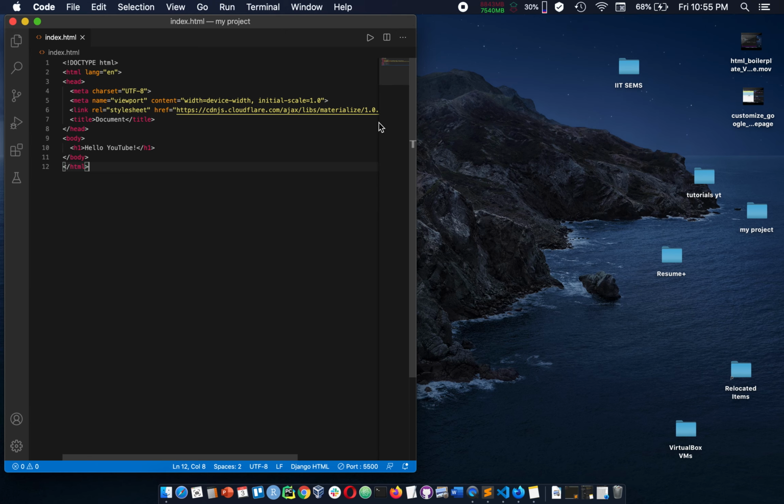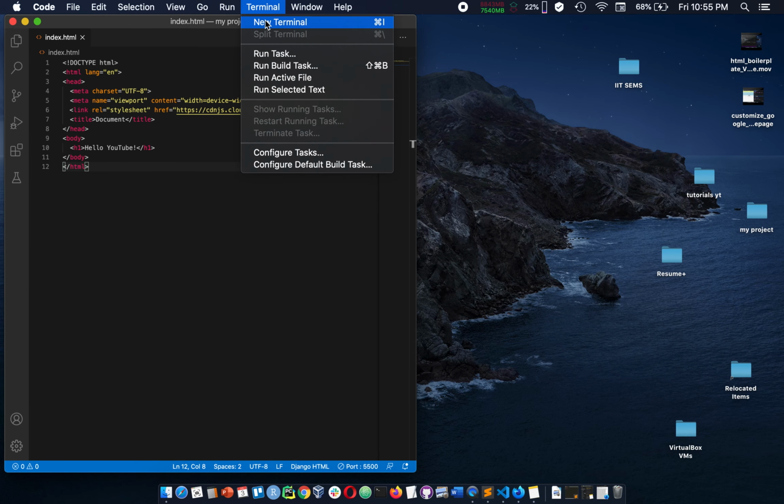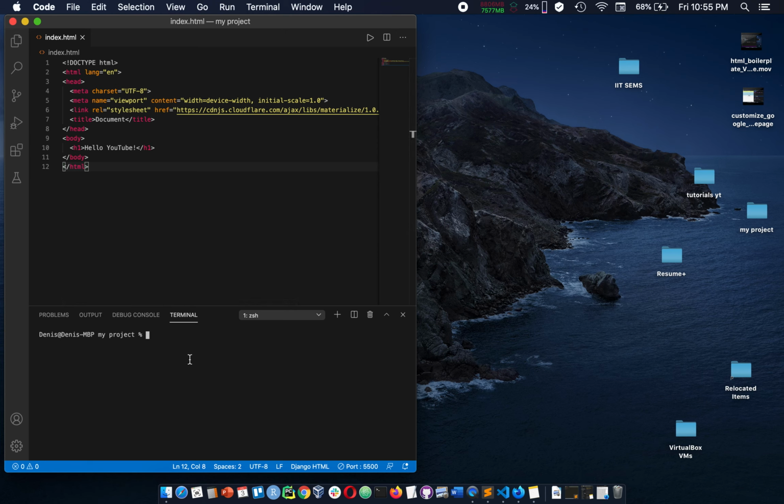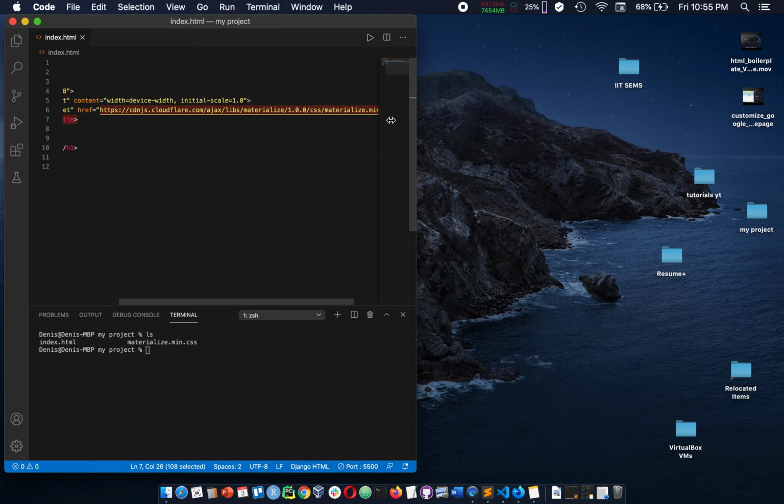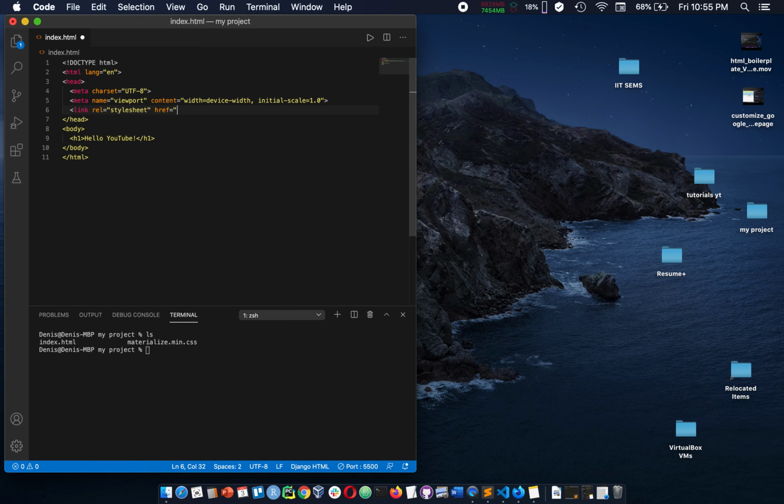Now in VS Code, what you can also do is go to terminal, new terminal, and in here we can just type an ls command, and we can see in our current directory we have our Materialize with our index. So now we're going to be able to reference that style sheet. So now we can just change this href here. So this materialize.min, we can change it to something else. So we just go for a slash, then we can reference this folder and type in